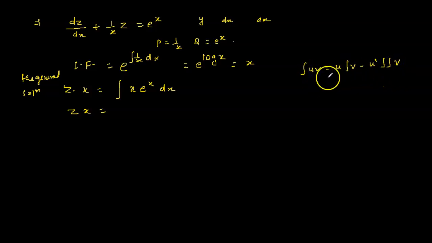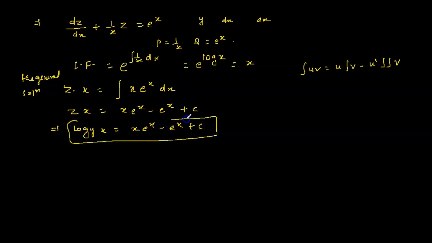So of the two functions, if the differentiation is given, u is as it is, and the integral of e to the power of x is e to the power of x, minus the differentiation of x, which is 1, times e to the power of x, plus constant. Any doubt in this? No, sir. What is z here? What you have substituted? Log of y. So log y times x is equal to x e to the power of x minus e to the power of x plus constant.